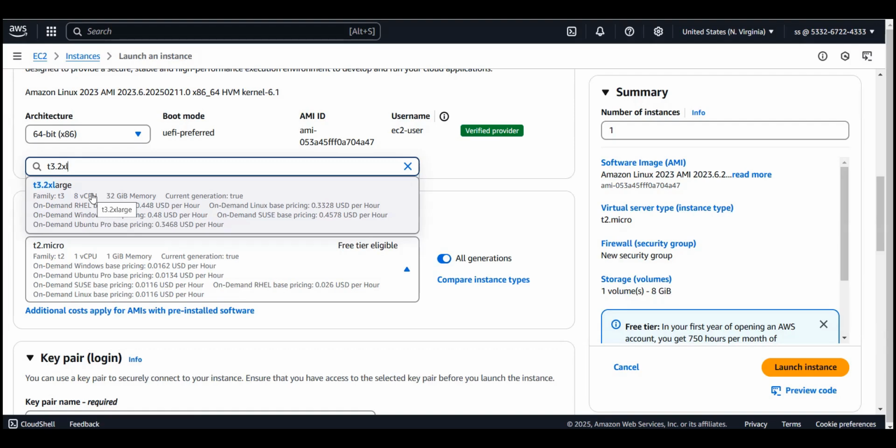You can even take any instance type which has more memory than this, 32 GB. Since it's charging me less and providing this memory at as low a cost as possible, I'm choosing this